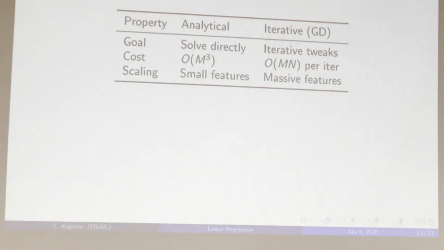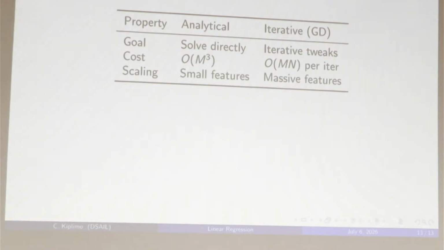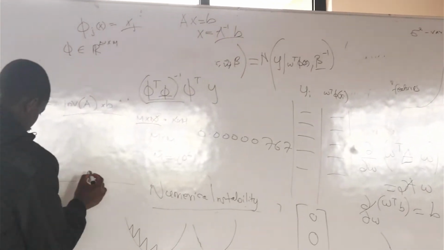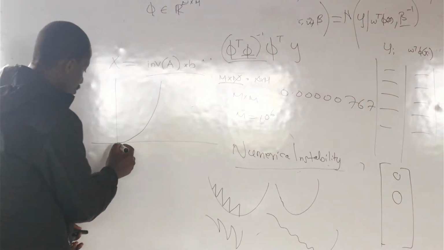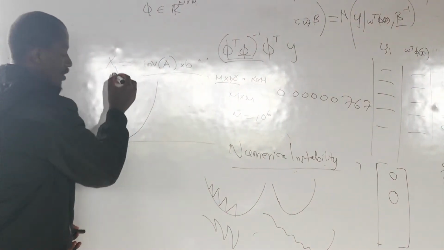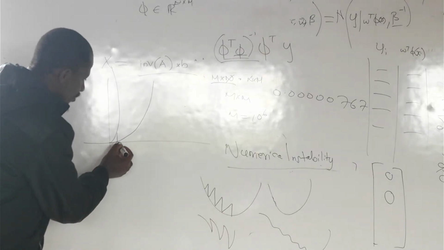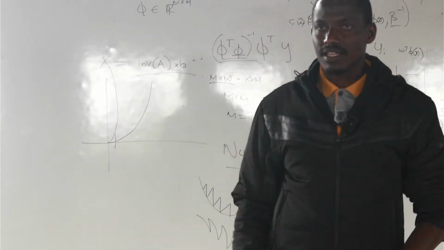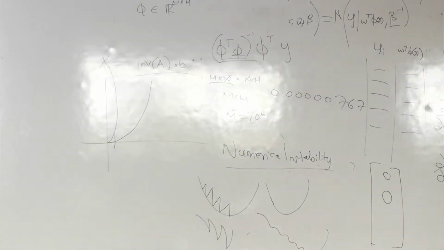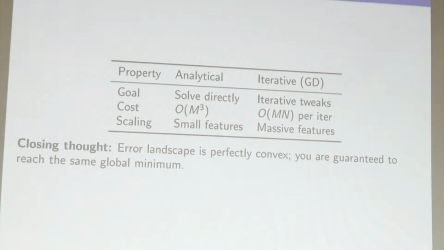Right? O of m squared. If you draw the curve of m squared versus n squared, you will notice the difference. M squared will look like that. M cubed looks like this. The moment you scale, you pass a certain point and it makes no sense to take that. And in terms of scaling,